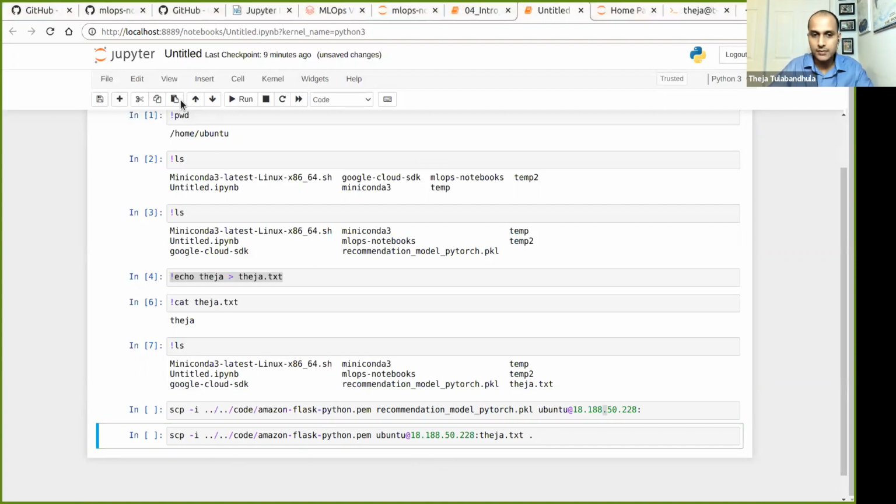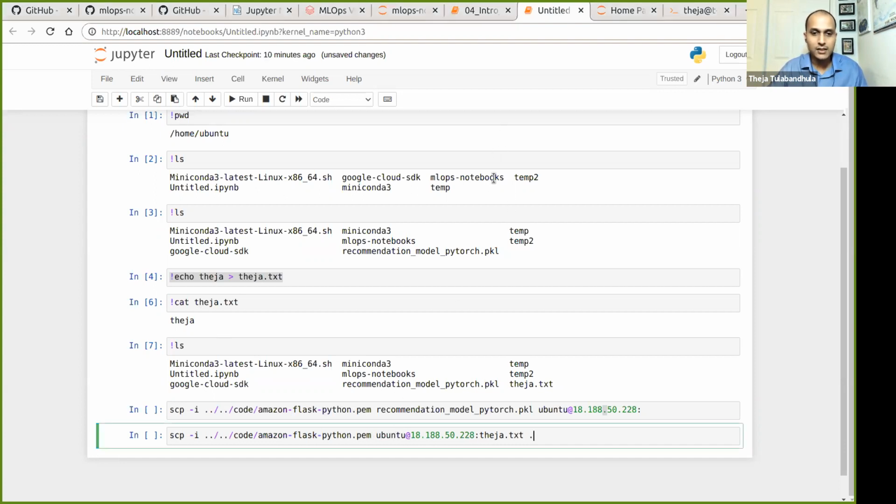Just as a last disclaimer on sending files from a local machine to a server and back, you can also use some GUI apps. There's an app called Fetch for macOS, which does this type of copying in a very nice GUI format. You just need to log into the remote machine, and it's basically using the PEM file. On Windows, I'm not sure. I don't know the name off the top of my head, but I can share something during the break or afterwards if you want a GUI-based thing. So hopefully this clarifies at least the file transfer.